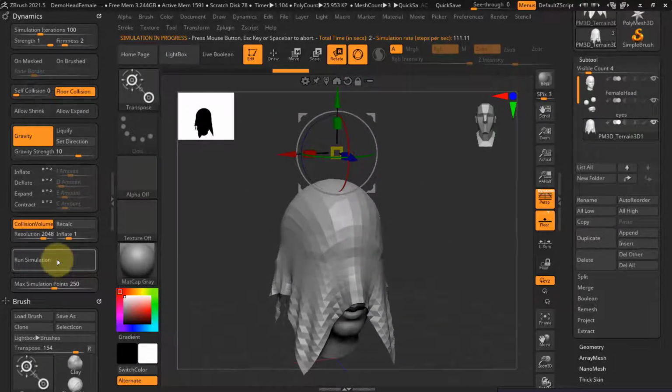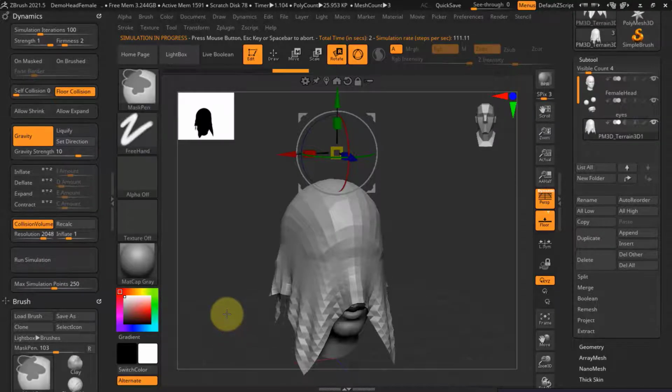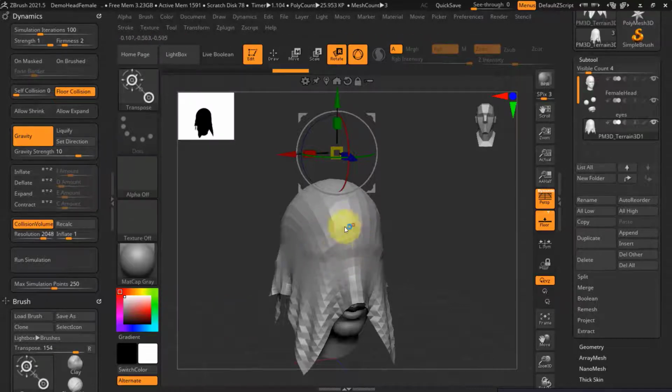When you run the simulation, you get this result. This is a very pretty, easy and very impressive feature that is now available in ZBrush 2021. And if you want a smooth object,